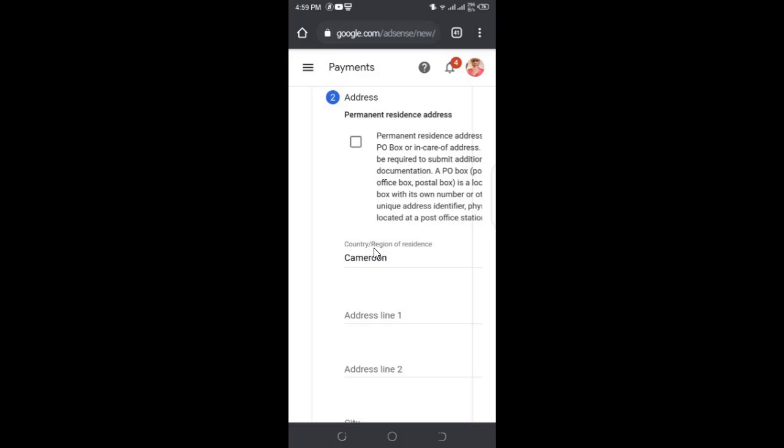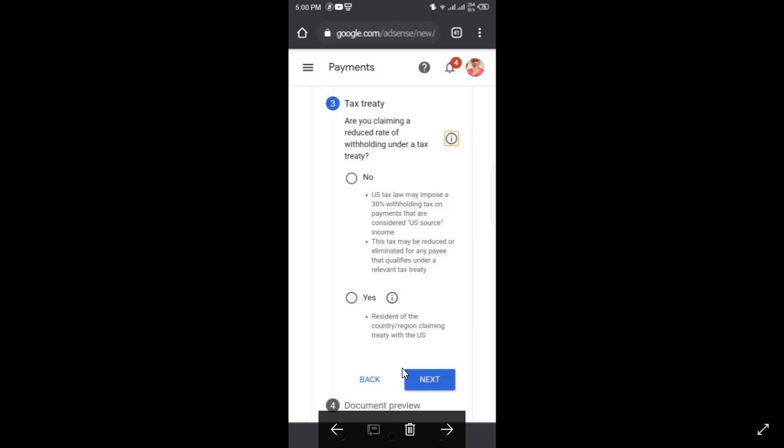Alright, on the next page you need to provide your address. In the section where you see country/region of residence, you select the country of the person that provided you the tax information. That is the country which you selected before. Make sure you put it right here for the document to compile. Let's not be suspicious, because Google is really strict in verifying these documents. Please enter the details correctly. In the address line you enter the person's address. Address line 2, you can leave empty if there isn't a second address.